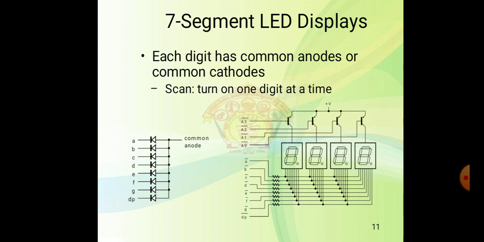So if you want each bit to glow, you give 0. Except for the G bit, we have to light all the other bits. You know the internal working of the 7 segment display. This is about one type of display device. It is able to indicate maybe time, maybe measurement.